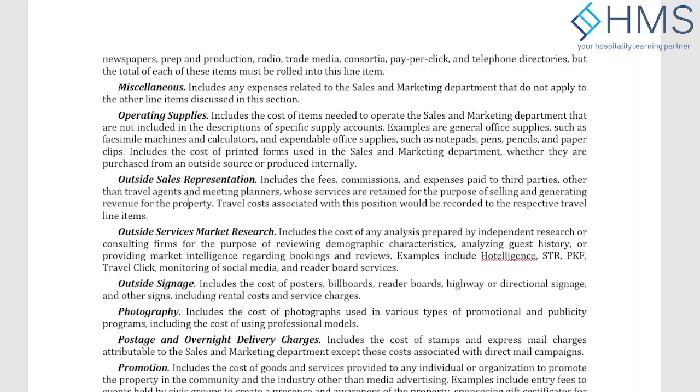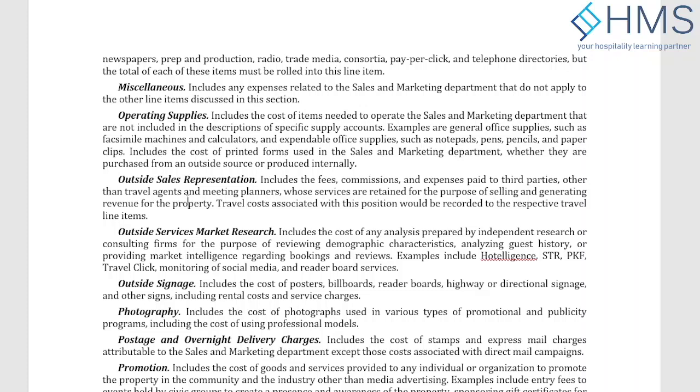But sometimes the bigger agents, bigger representatives, attend the trade shows on behalf of multiple hotels, right? In that case, they normally allocate the cost to everybody else and tell each hotel how much they are representing it. Their job is to attend the trade shows, do the contracting, and do the sales visits on behalf of the hotel. The hotel is not choosing the clients to visit.